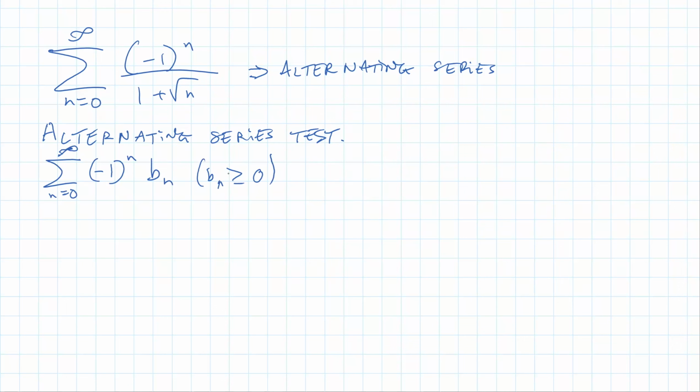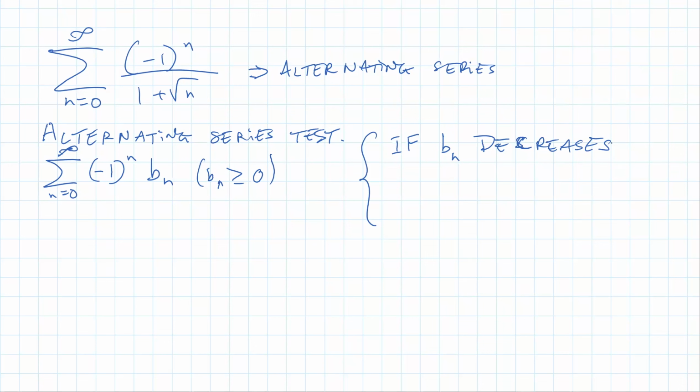where b sub n is greater than or equal to 0. So that means we're taking the unsigned part of the series, the part other than the (-1)^n. If we take the unsigned part of the series and we check that part, and if we have two conditions, if b sub n decreases,